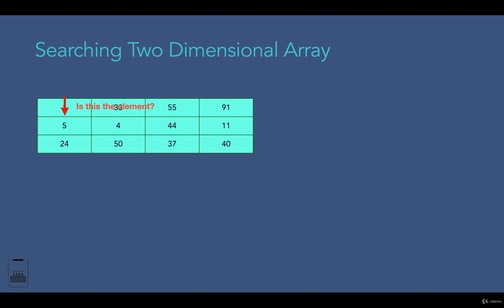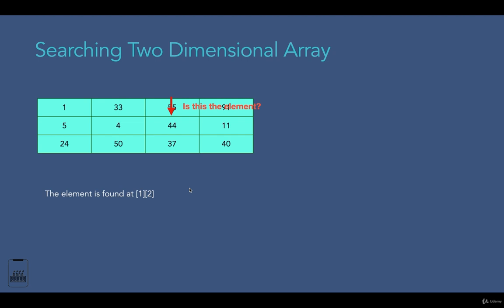In the second row, we check the first column. We see that this is not the element that we are looking for. Then we continue to the second column, and again it is not the element. Then we continue to the third column over here. Now when we reach this element, we see that this is the element that we are looking for. So we print out to the console that this element is located at row 1, which is the index of this row. It starts from 0, so 1 is the index of this row. And then the column is 2. It starts from 0, 1, 2, so it is located at the third column over here. After finding the element, we print out to the console the index of this value.